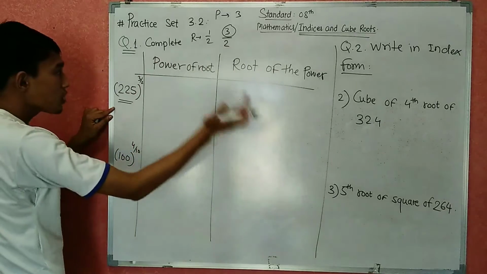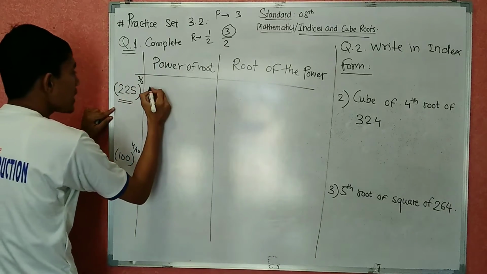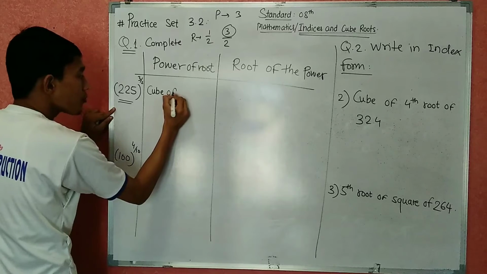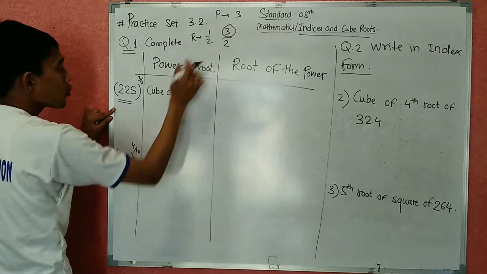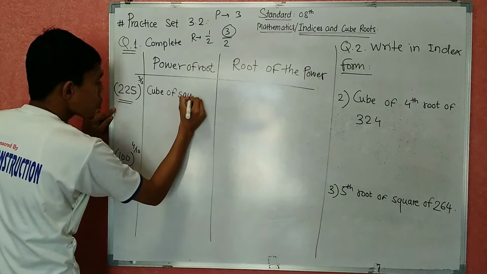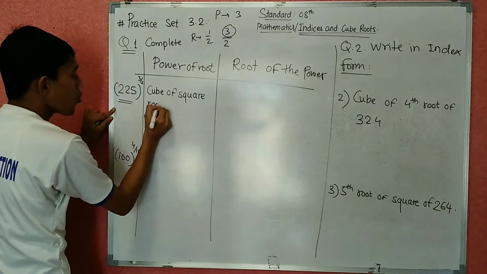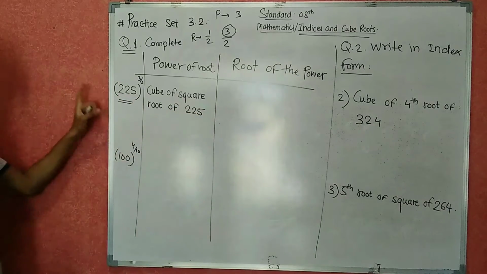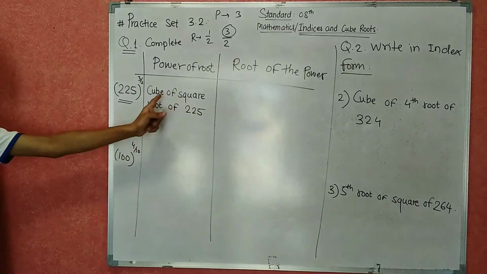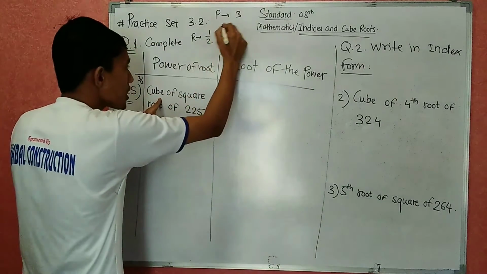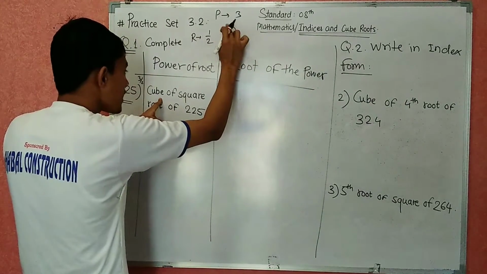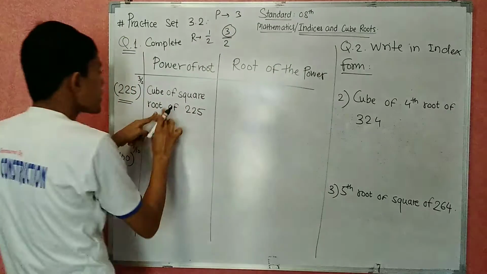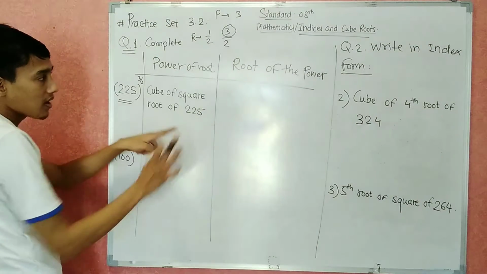सो पावर ऑफ द रूट के फॉर्म में लिखना है, मतलब पहले पावर लेना है. तो हम लोग क्या लेंगे? क्यूब, क्योंकि पावर 3 है. रूट 1 upon 2 मतलब स्क्वायर रूट. क्यूब ऑफ स्क्वायर रूट ऑफ बेस 225. सबसे पहले पावर, which is the numerator of the index number, then square root, it will be 1 upon 2, that is 1 upon n. So cube of square root of 225.